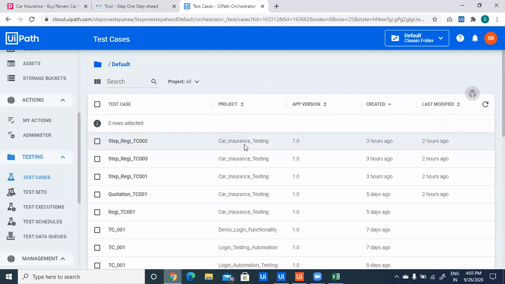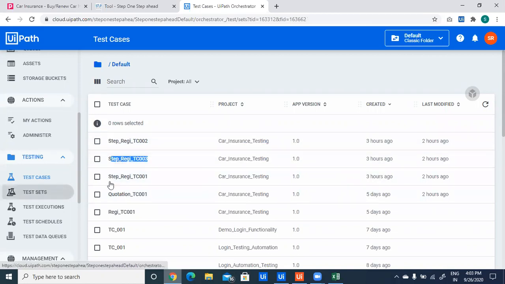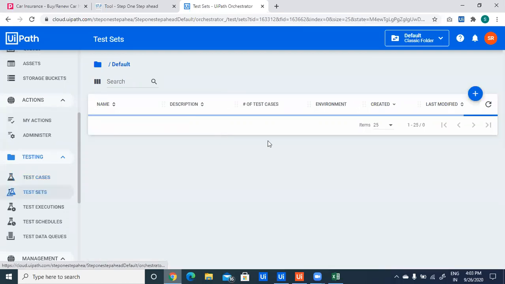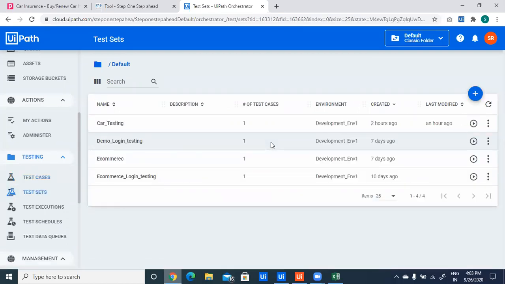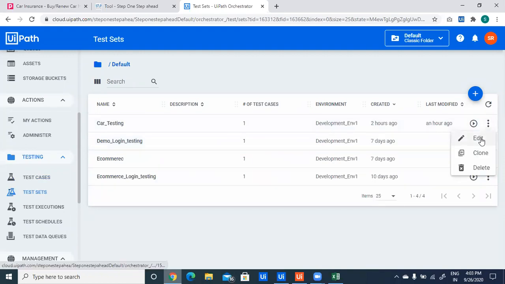For this particular project, I have this many test cases. We can see that my project name is car insurance testing, and this is my test case name. Navigate to the test set, and in the test set add all the test cases which we need to execute. Go to edit.